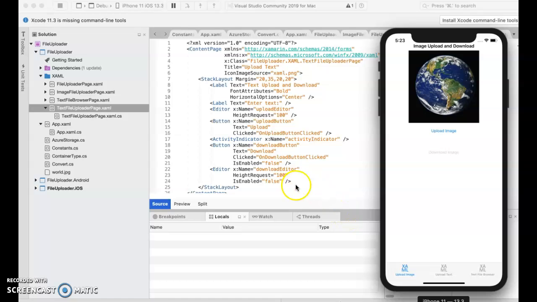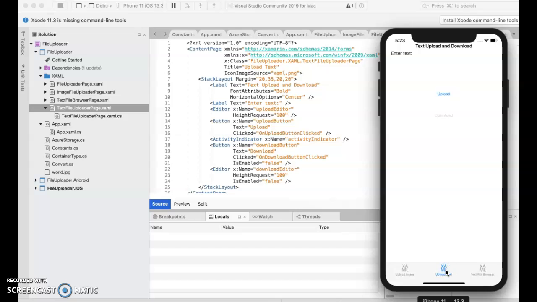All right, class. Now let's take a look at text files. So if I click over to this tab, which is the text file uploader page, then I've got a stack layout here with a label at the top, which says, hey, text upload and download. We've got a label for entering the text and then an editor right underneath that. And then a button underneath that, which says upload, and we do the on upload button